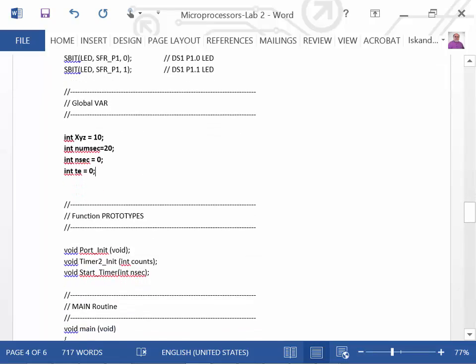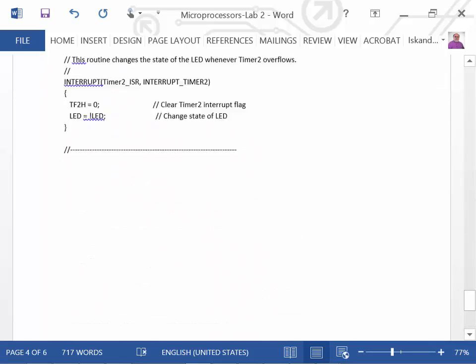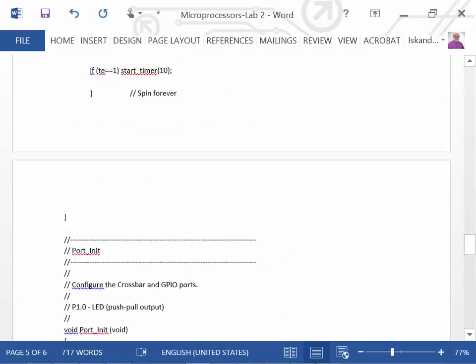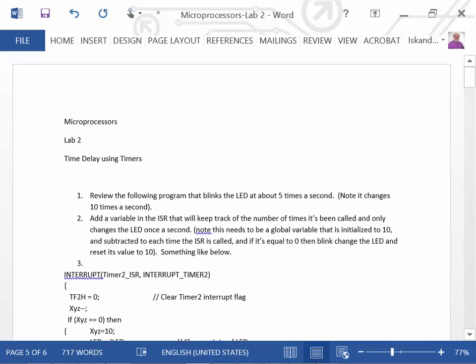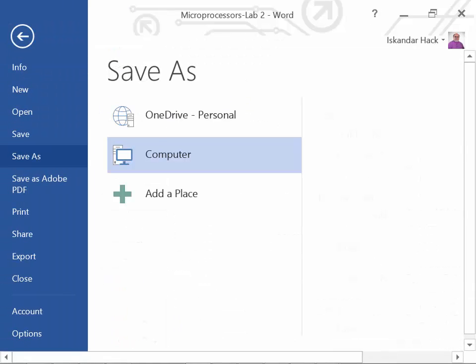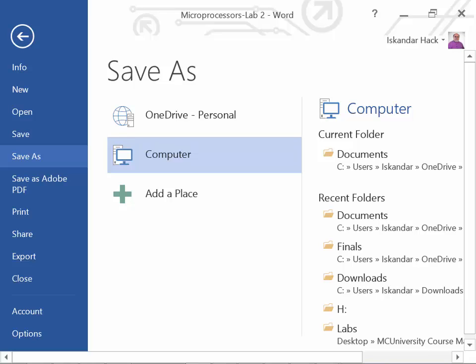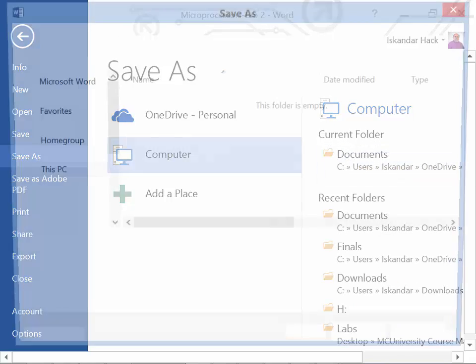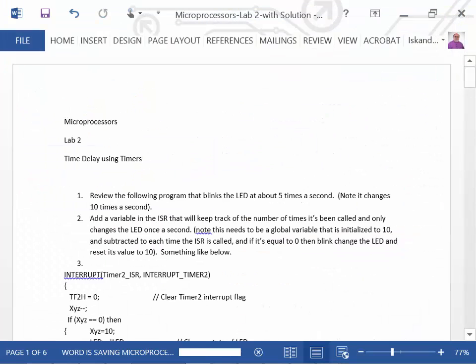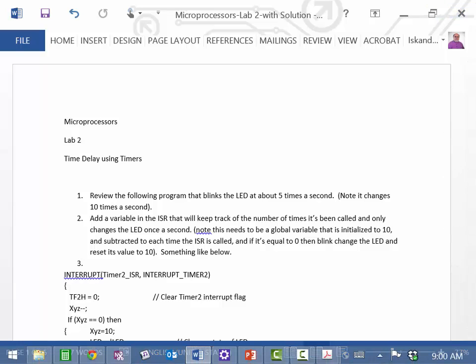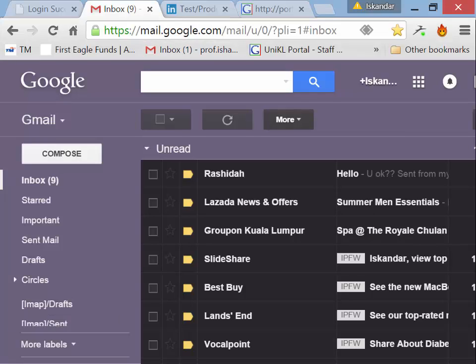So that's basically it, and I'm not going to leave this up, so I'll leave it up for a few minutes. Actually, you know what I'm going to do? Let me save this and just post this on e-learning so you can download it. Save as, I'm going to call this Lab 2 with solution. I don't guarantee the solution is perfect here. I don't guarantee that there are no syntax errors, but it gives you an idea where to go. Remember that the goal here is not to write the code for you, but to